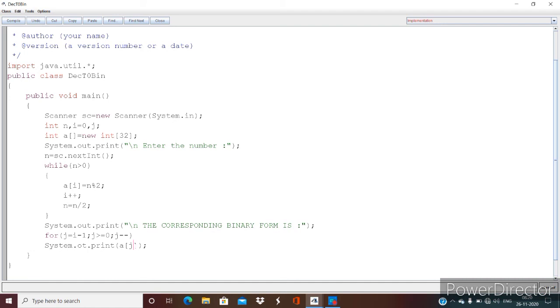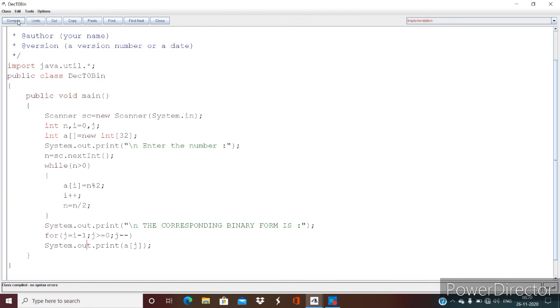And this will be a of j. The spelling is wrong. System.out.print. So there are no syntax errors in this program.